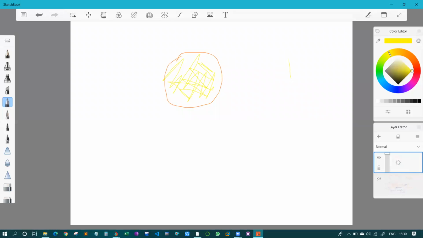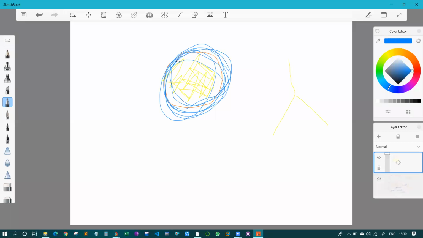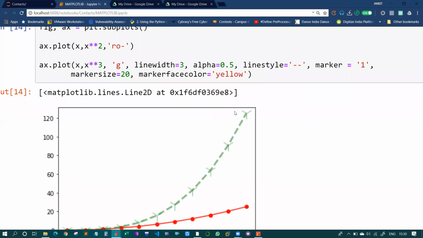Okay, so since we have a marker like this, this doesn't have a face. Fine. So only it has the marker's edge. Fine. So the marker edge in this case is the circle's edge. Fine. This is the marker edge. The inside yellow part is the marker face color. Fine. So we can customize everything. Okay. So here the marker face color won't work because it contains only an edge.